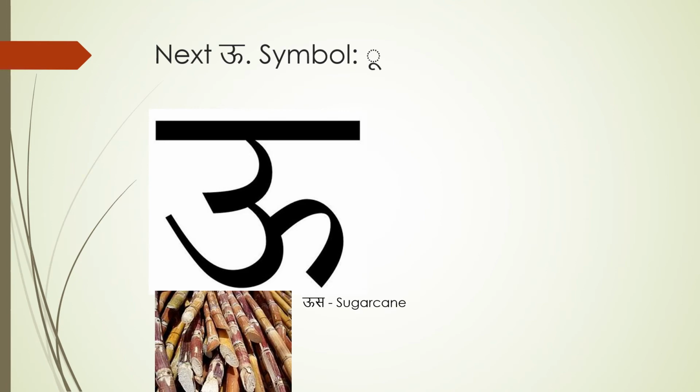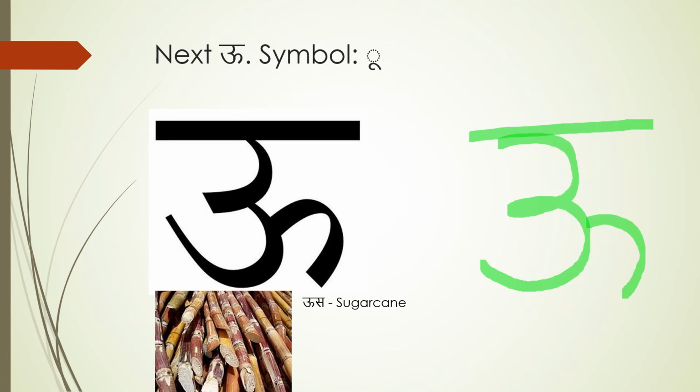The next one is the long oo. Similar to how you have the long e, you have a long oo. Distinguish that from the short oo. That's again an easy one to write. The letter 3 and a tail like comma going out from the middle of the letter almost below or almost down, not necessarily towards the margin or away from the margin. However, its symbol is slightly different than the earlier one.